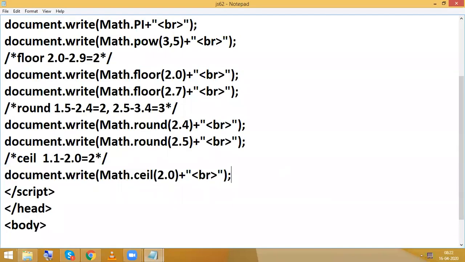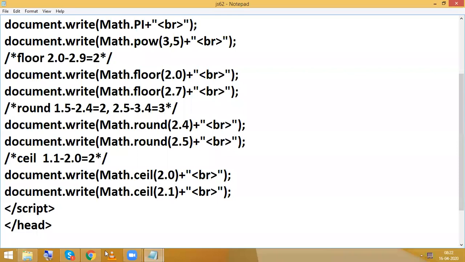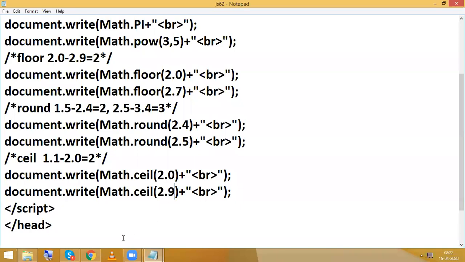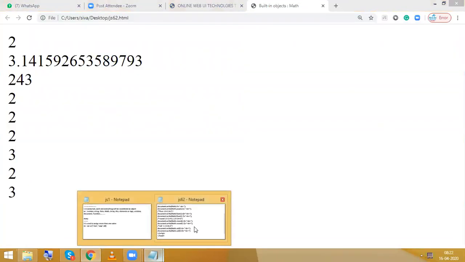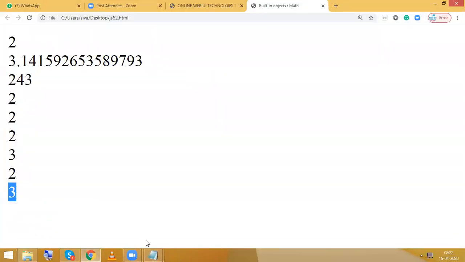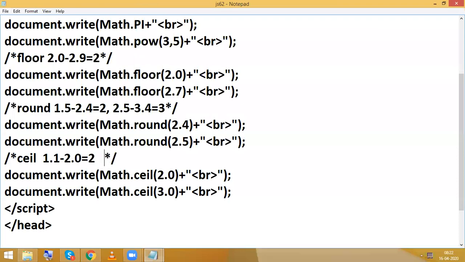Now I'm going to give 2.1. 2.1 means 3, and until 2.9 you can expect always 3, even 3.0. So from 2.1 to 3.0, it is nothing but 3. We are just avoiding decimals here by using the floor, round, as well as ceil values. Are you getting it?